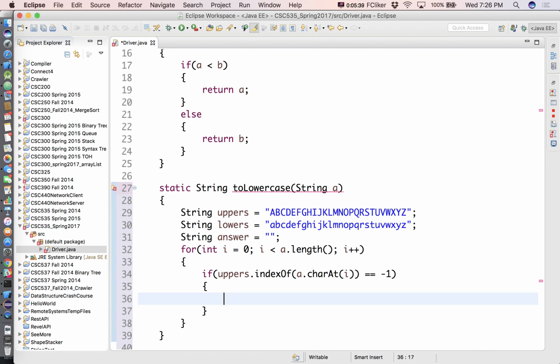If it was not found in there, what do I want to do with it? That means it's not an uppercase letter. Therefore, I don't need to change it. So I want to just add it to my ongoing string, the string I'm building. Leave it alone, add it as is. So this will be answer is equal to answer concatenated with a.charAt(i). Just keep it. No conversion necessary. Else,